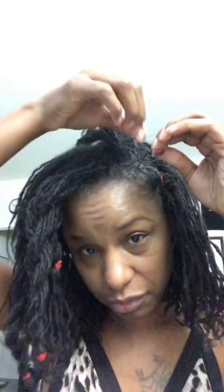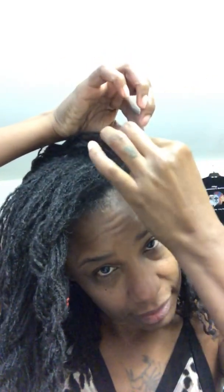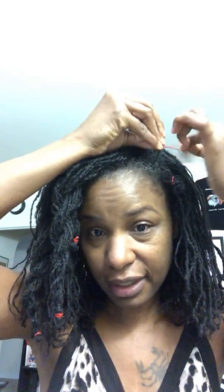So I'm just gonna take these two little babies and twirl them together. I'm not even worried about actually twisting them together. Then I'm gonna fold it. See how it's folded together, and put a rubber band on it. And then I am going to shampoo my hair, and it's gonna stay banded up until I dry my hair. But for me, I'm actually going to do my entire head. I'm not going to do my entire head on camera, but I wanted to show you all banding,